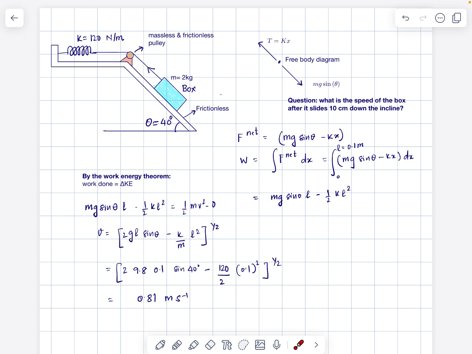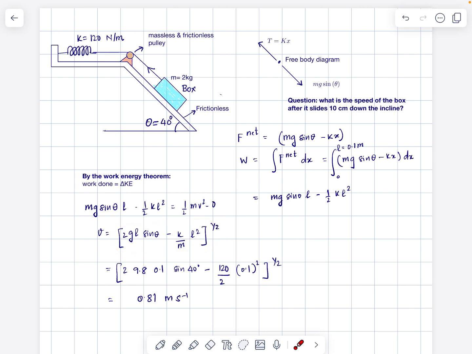If you look at the change in the kinetic energy, to begin with, the box is at rest, and this is its kinetic energy after it has slid down by a distance of 10 centimeters. So the change in kinetic energy is half mv squared minus 0, that is half mv squared. Here v is the quantity that we need to determine. So we can rearrange this equation into this form,